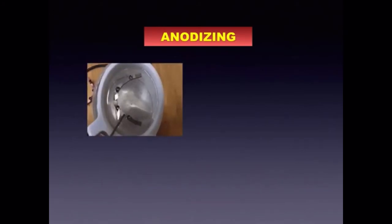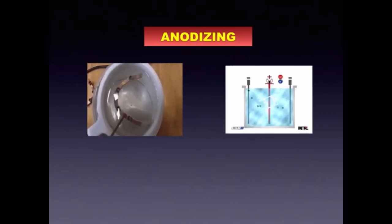A protective layer is formed naturally on the surface of aluminum metal by reaction with oxygen in air. In the anodizing process, this layer can be made to the desired thickness. Anodizing is done by electrolysis. Dilute acid is taken in the electrolytic cell and the aluminum article is dipped in it as the anode. When an electric current is passed,